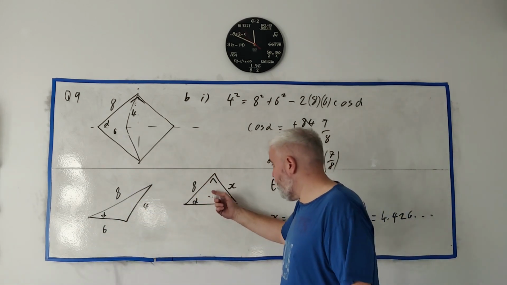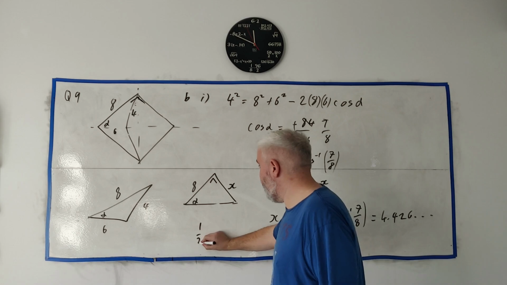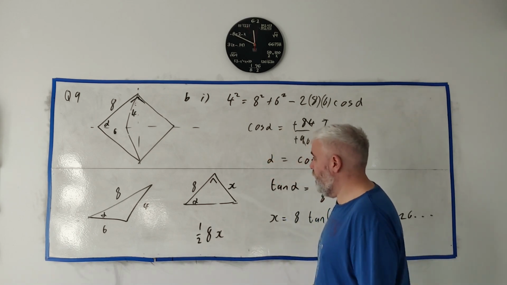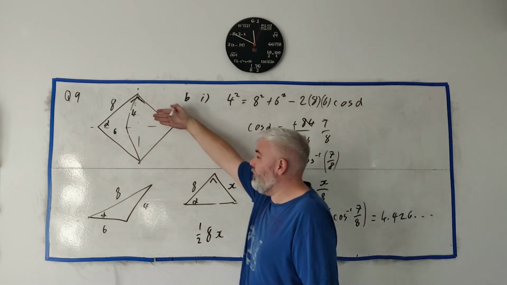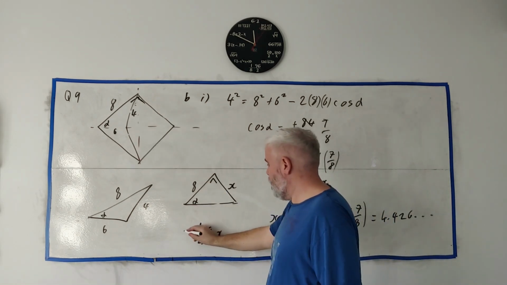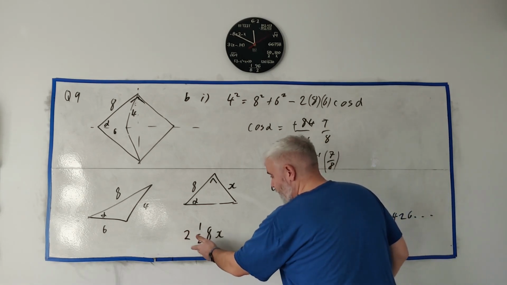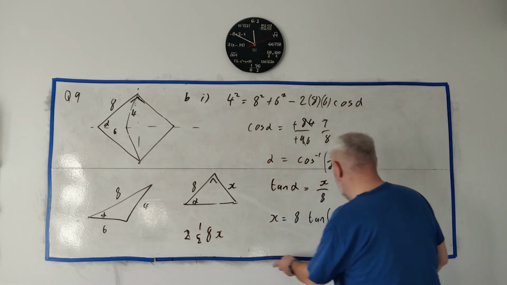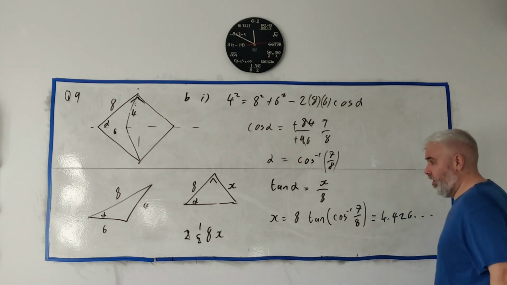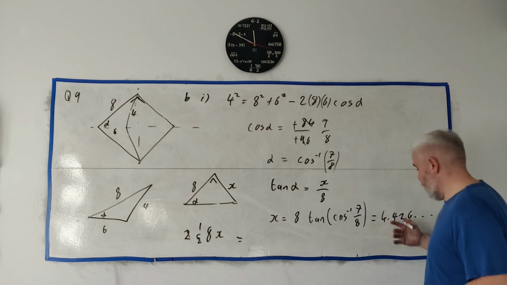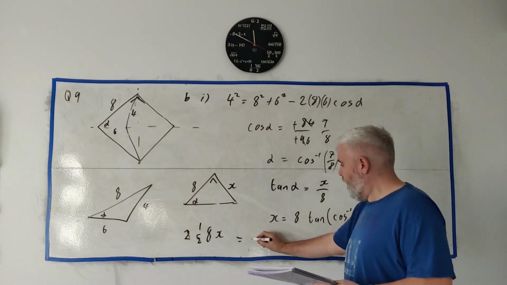So the area of this triangle is a half times 8 times x, and we're just then looking for two of them because they told us it's symmetrical. So we're just looking for two of those. Just put that in a calculator. This cancels. So 8 multiplied by whatever number's in your calculator here. And that should come out, let's see, 8 times 4 is 32, so somewhere around there. And I get